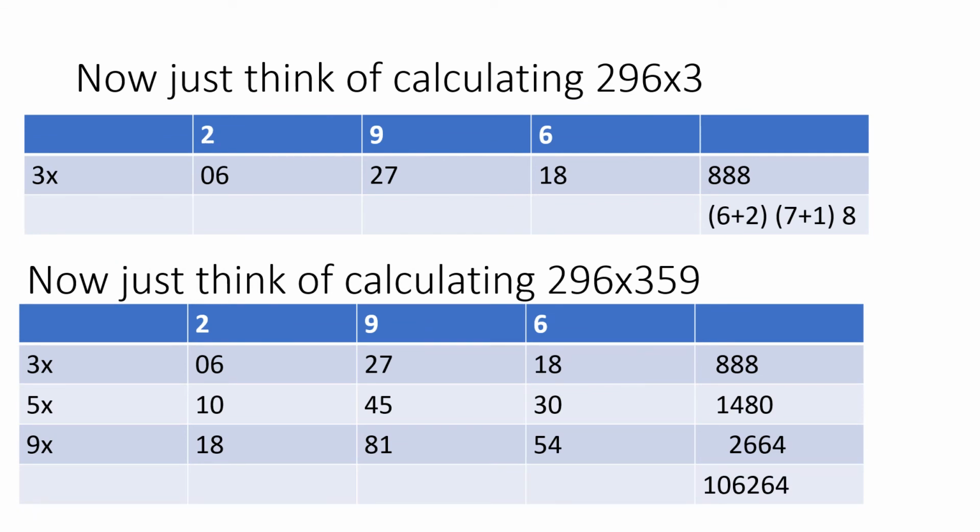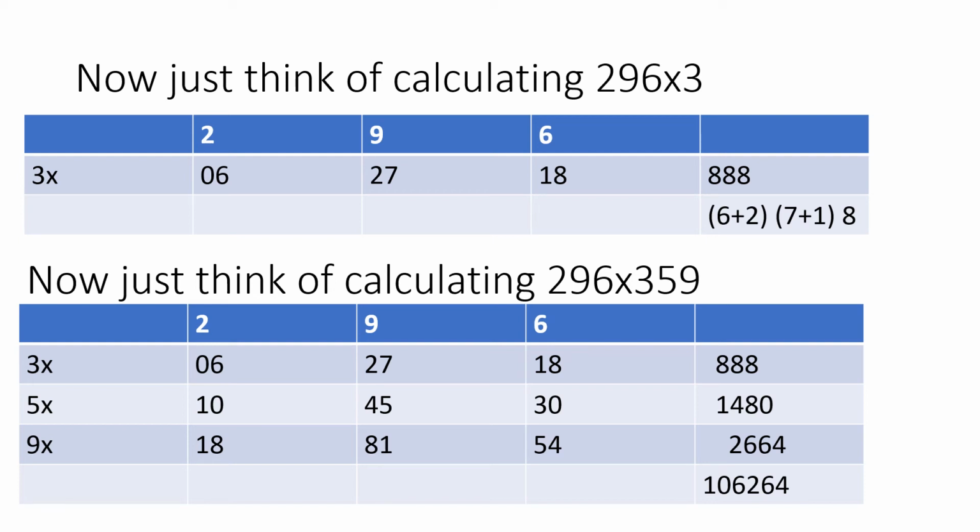Friends, now we are going for 3-digit calculations. How can we do a 3-digit calculation? It is again write the tables of 2, 9, 6. So we have taken the 2, 9, 6 table. Which position do we have to check? For the third position. So 3 into 2 is 6, 3 into 9 is 27, 3 into 6 is 18. So note down this.